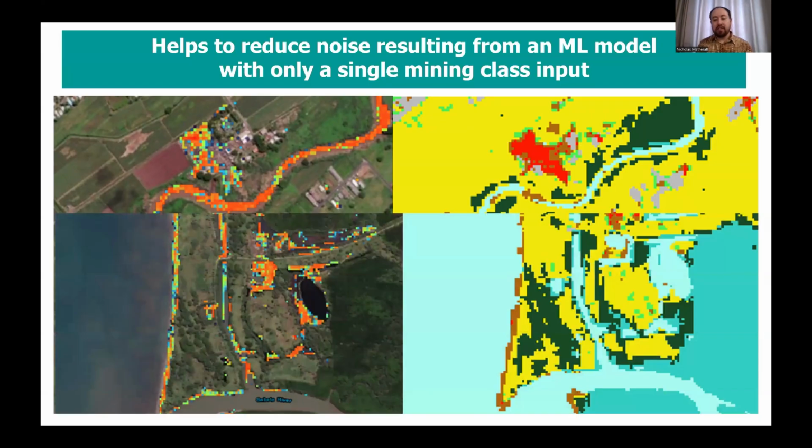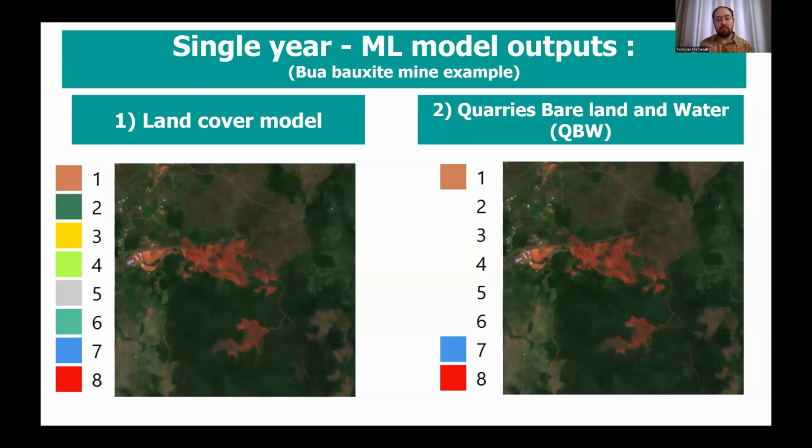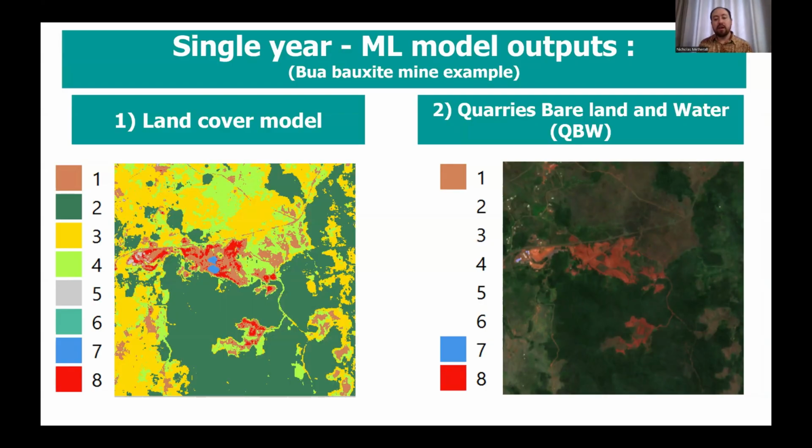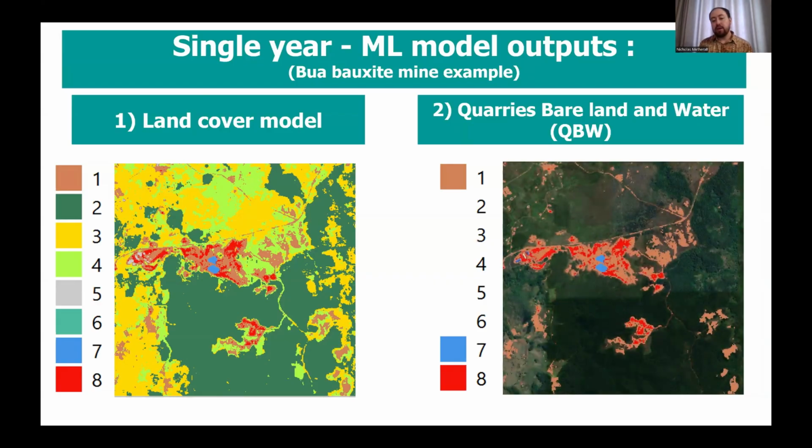And again, this was also the case for coastal areas, and it reduced the confusion between bare lands and sand, beaches and mudflats with mining activities. So this is an example from one of the bauxite mines in Vanuatu in Fiji. As you can see on the left side, we have all of the different land cover classes. And on the right side, we've just isolated the brown bare lands, the red quarries, and the blue pools of water, which can be used for the industrial processes and the tailings and other processes related to mining activities.